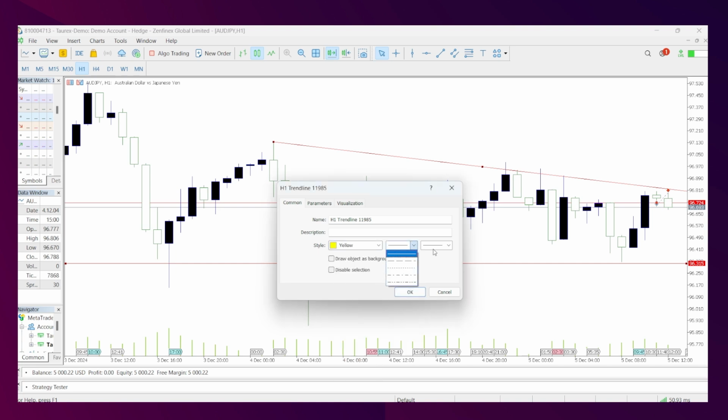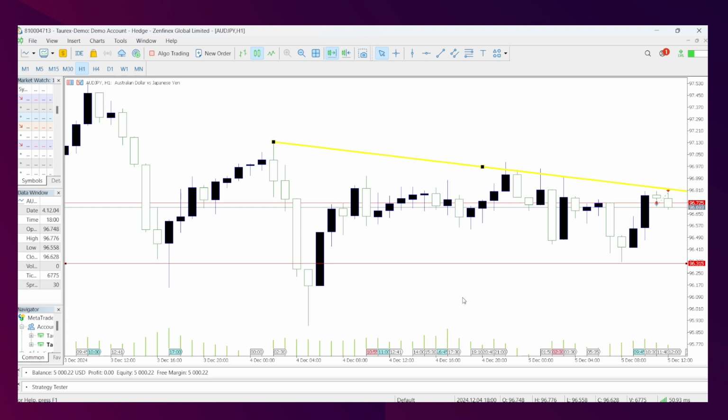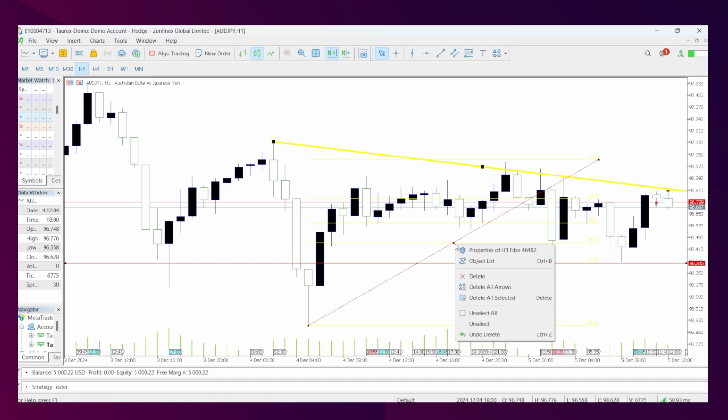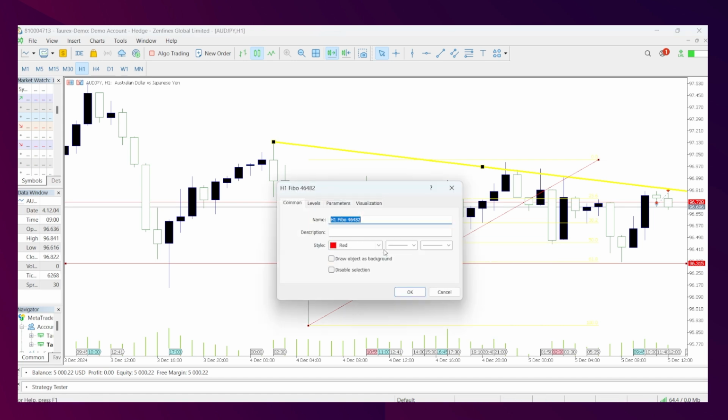So you can change them to a yellow color and you can make them dotted, or you can make them a bit thicker so they stand out a bit more. You can do anything you like with them. You also see a Fibonacci retracement tool here as well, again, which you can customize. Everything can be customized to how you want it. So there I've drawn my Fibonacci on, but I don't like the color of it because I can't really see it. So again, I make sure it's selected first by double clicking, right click, go onto the